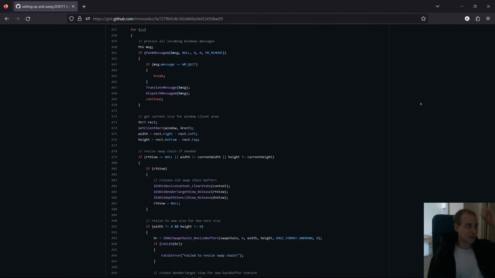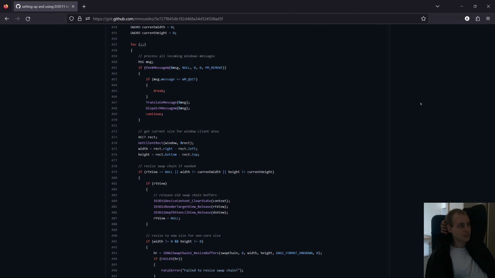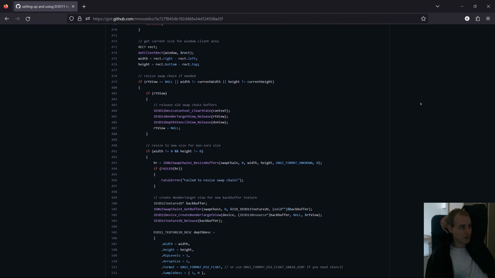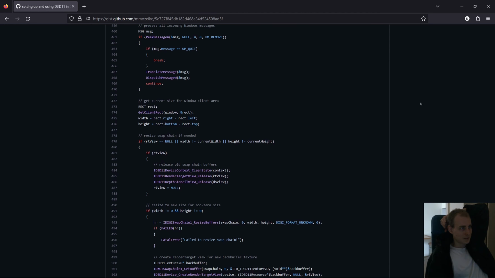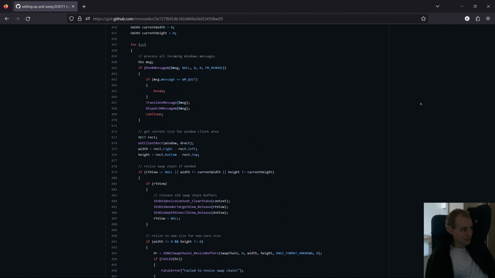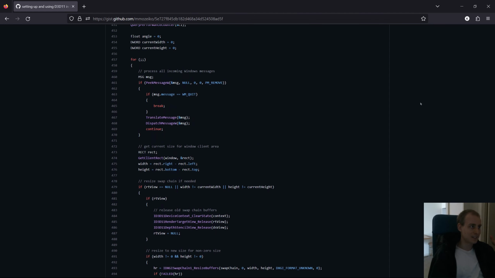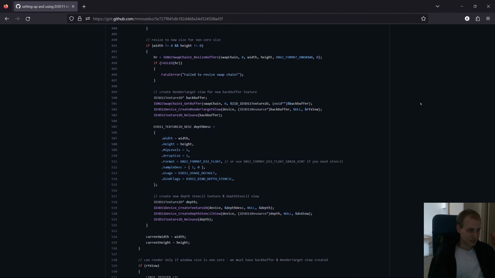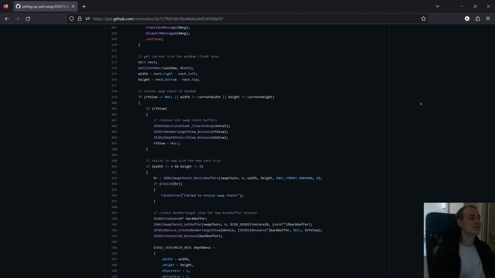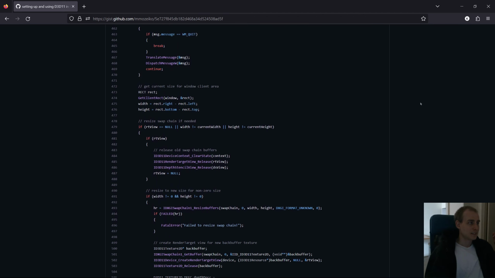Ah, there we go. Okay, so process messages. And then after the message processing, we do this whole clear state, release, whatever. Okay, so this is how you handle resizing. Inside the message loop you check if you need to resize, and then you resize. Okay, yeah, we can do that. Except,